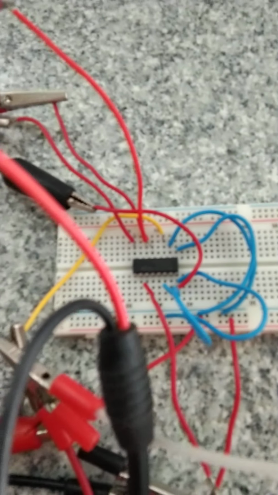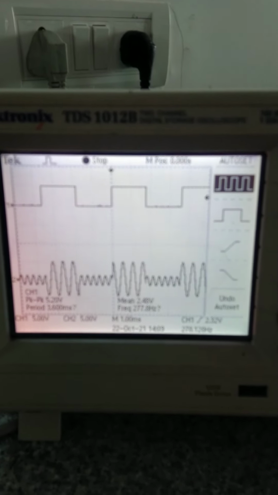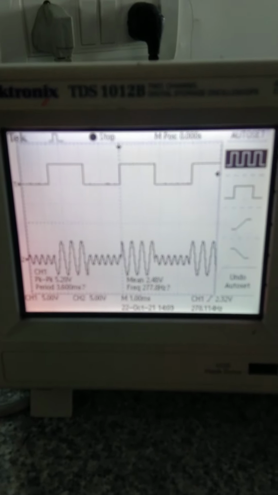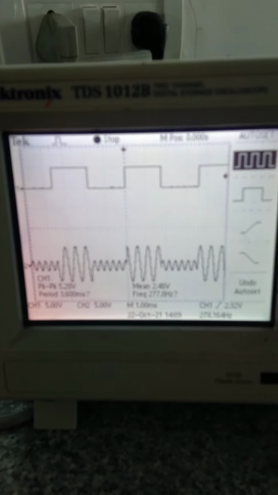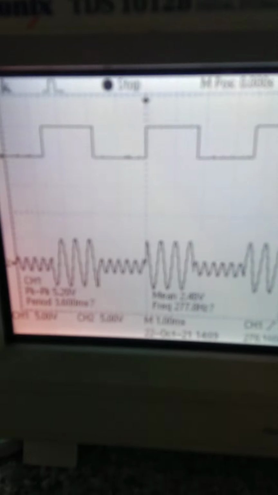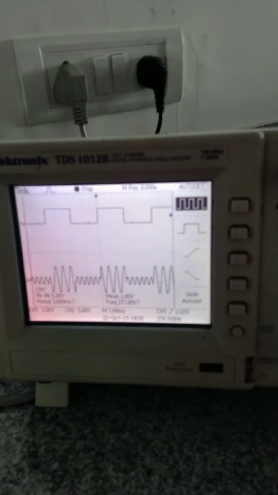So once all these connections are done, we can see the output on the digital storage oscilloscope, where you can see that your information is nothing but a binary signal, in the form of zeros and ones, which is your modulating signal. And the output which is represented here is going to show you two different levels. You can see that there is a variation in frequency, one showing a high frequency whereas the other is showing a low frequency.